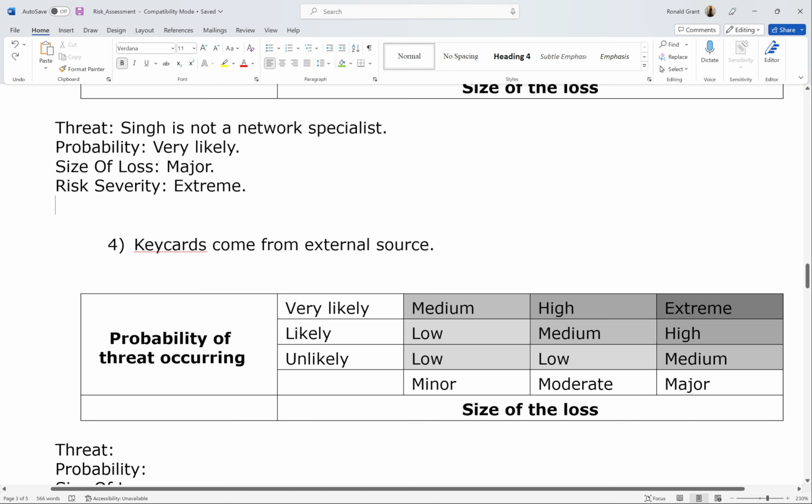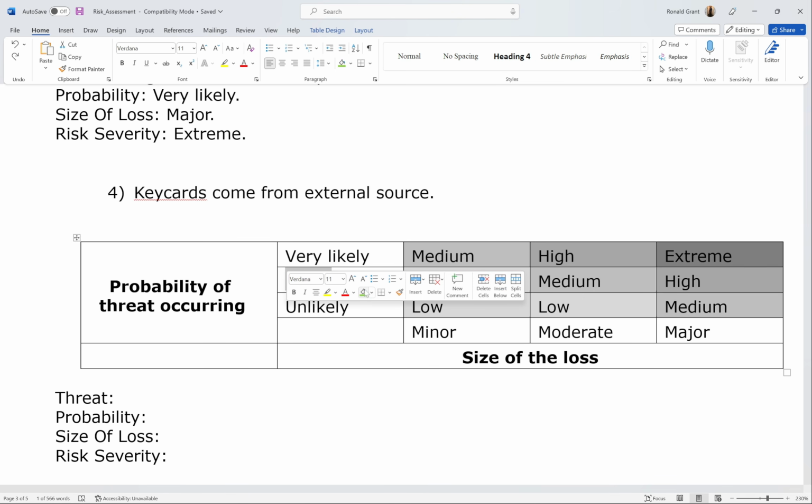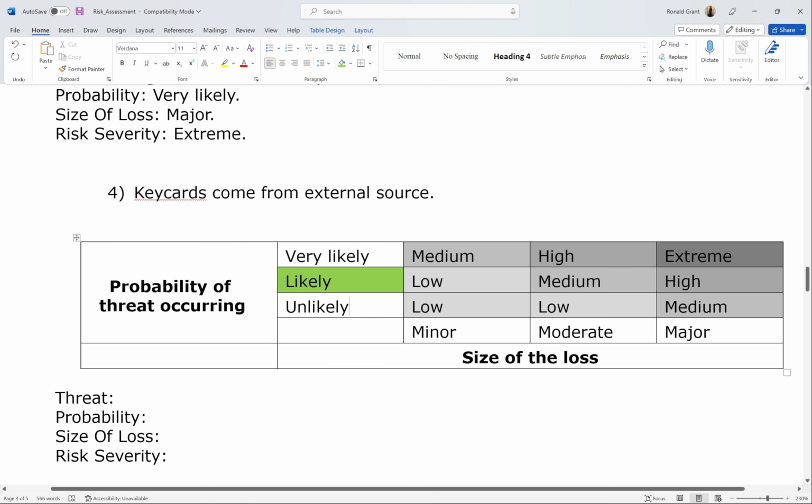Key cards come from external source. This one's going to be a bit tricky, but let's see if I can make sense of it. So I'm going to say this is likely, not very likely, likely because there are ways to check up on who's programmed what. So I can make the assumption there's going to be a system there that checks who actually programmed this card the day they programmed it. So someone might not be silly enough to simply give the card to anyone willy-nilly, but let's just say likely for now. Size of loss,